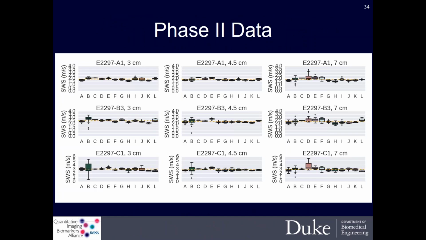Okay, the next plot is just showing a wealth of data that no specific box should be looked at, but what I'm showing here is in aggregate across all the different systems, which are shown in different letters, how the systems performed in measuring in the different phantoms, so A being the top row, B being the middle row, and C being the bottom row.